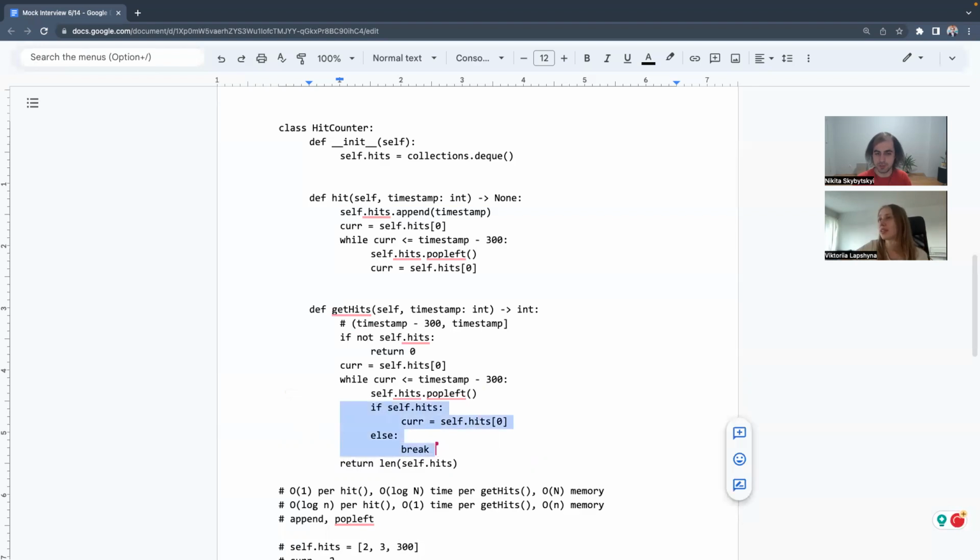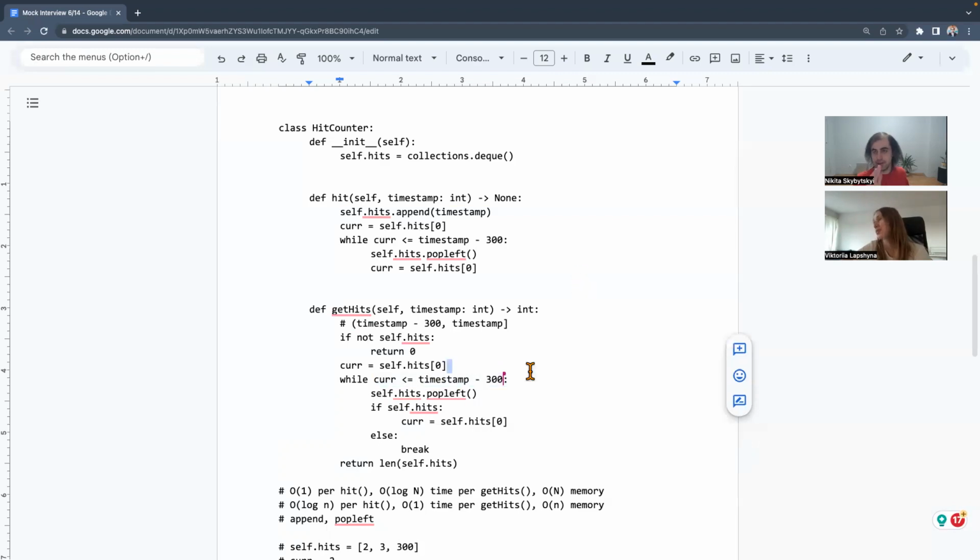When you want to break from a while, you usually put it into the condition of the while. We can do a check if the length is at least 2.